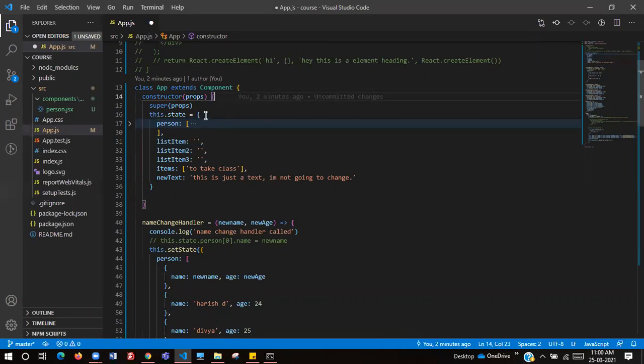You have to declare inside the state object. You mean to say that list items I have to declare inside the state? Exactly. So you just wrote a comma, and after the state object, you, and on line 32, your spelling for target is wrong.